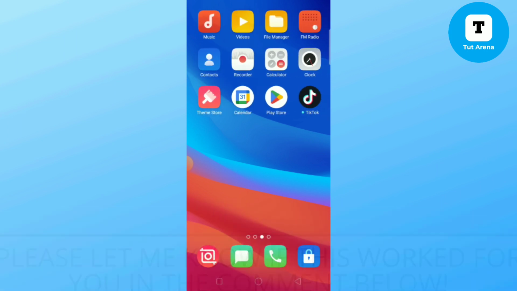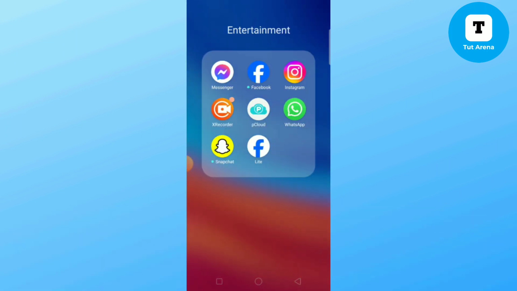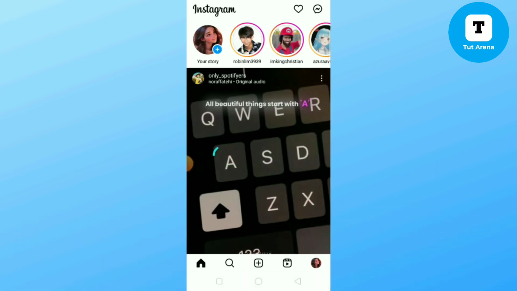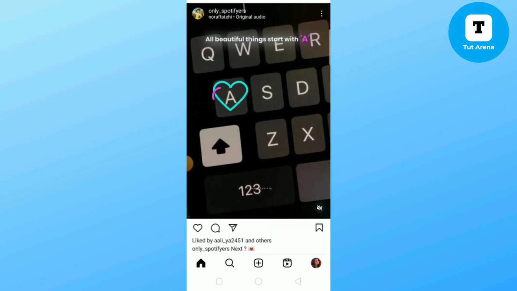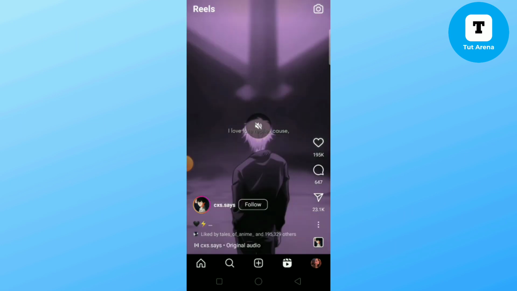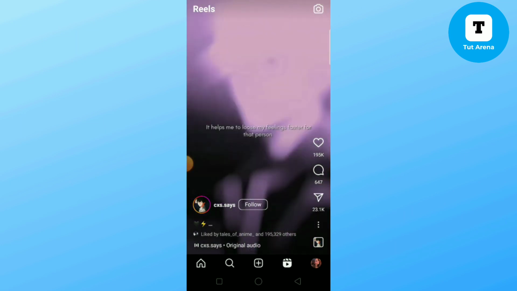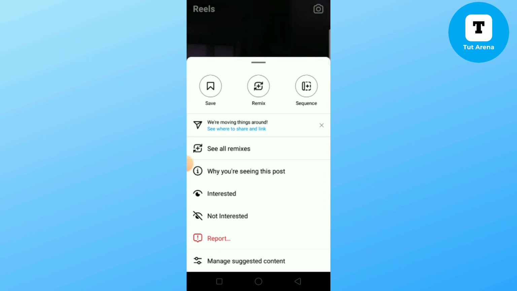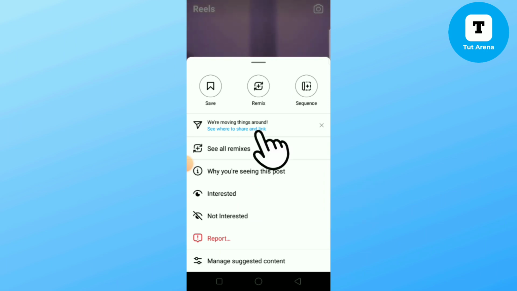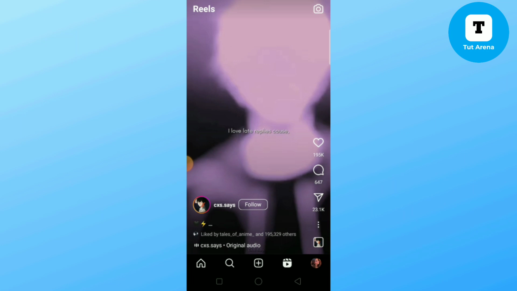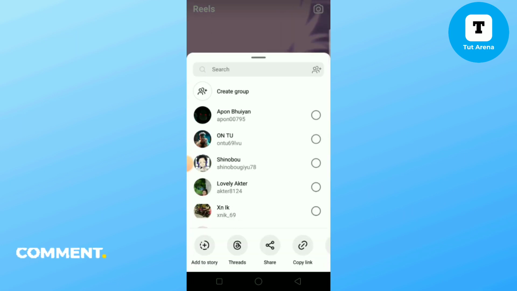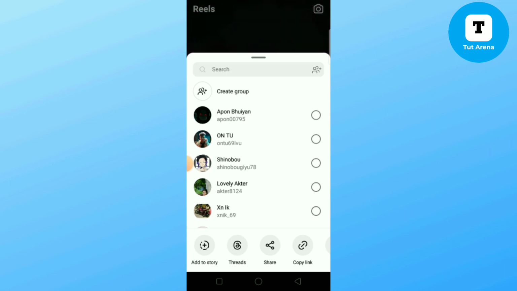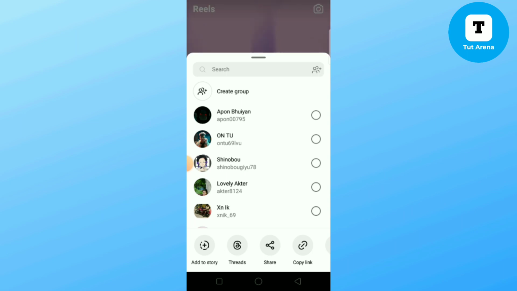Let's start. At first you have to open your Instagram app. Then if you tap on here, then you guys can find out the Reels. If you tap on the three dots here, now if you tap on see where to share link, then you guys can find out this. If you tap on share option,